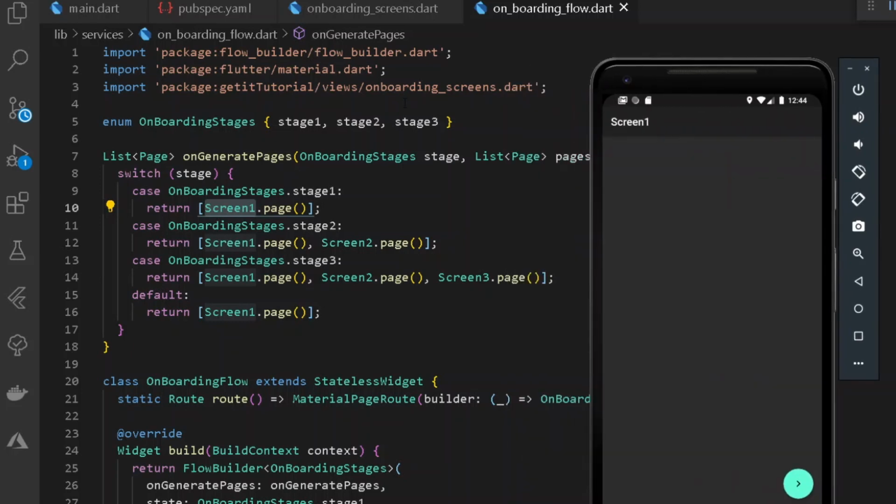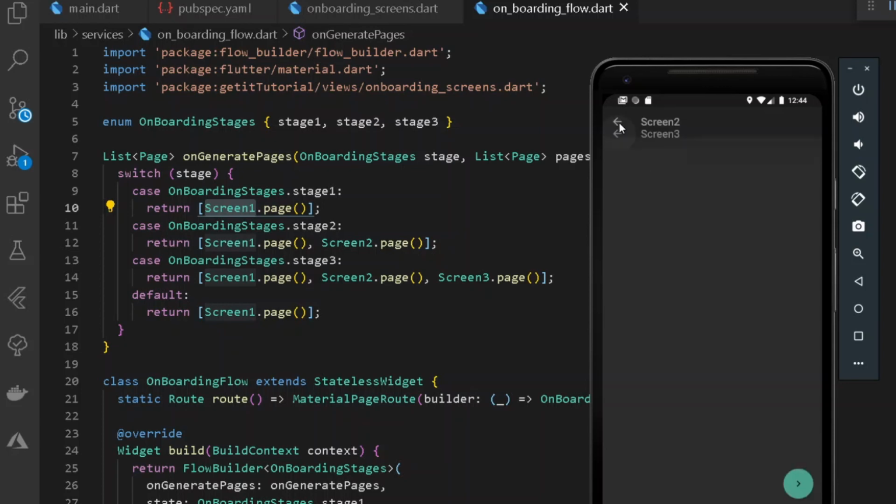This is our screen 1, and after that we are simply getting stage 2 under a case 2. So here, after pressing this, we are navigated to our screen 2, which is our entire case of onboarding stage 2. And after that we have one more condition of stage 3, and after pressing the floating action button, we are navigated to our screen 3, that is, the following stack is completed of our entire flow, that is our entire onboarding stages.